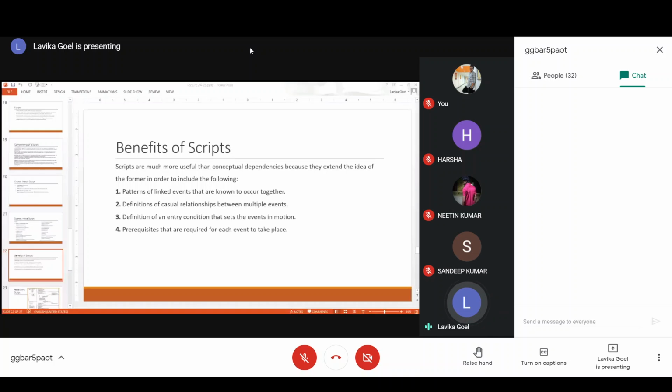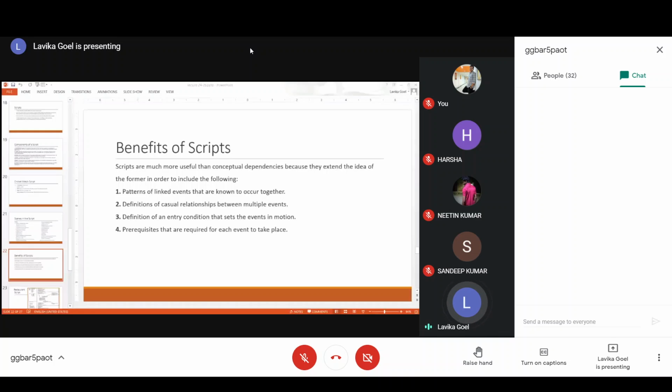So let us see the restaurant script now, since I was talking about the restaurant script previously also. The script name is restaurant, and the track is a coffee shop, because this is a more specific version. The things involved in a restaurant would be the tables, menu, the food, the money, the